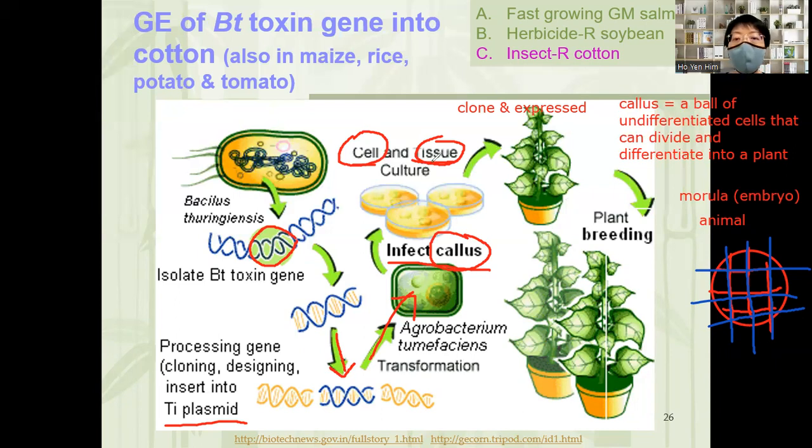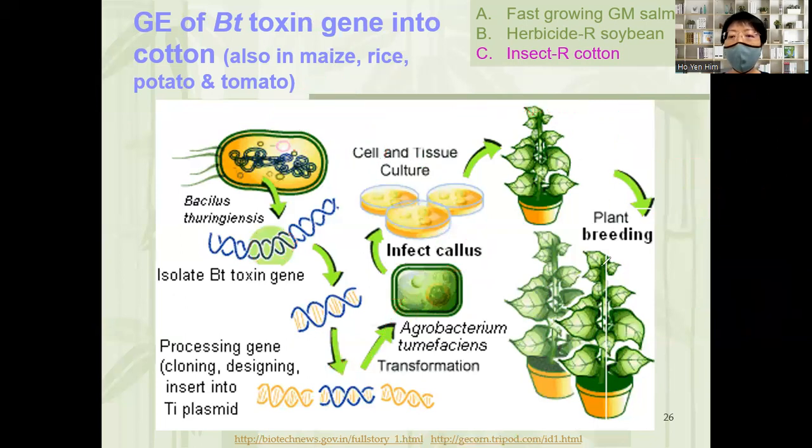Now, tissue culture means I can grow a small piece of leaf. I take a leaf and cut it into small pieces, and each piece is a tissue. Each tissue I can grow into one new plant. So isn't it good? From one leaf, I can grow many plants. This is called tissue culture. So you've got callus culture, tissue culture, and cell culture, to clone and express the gene. So then you get your transgenic plant,